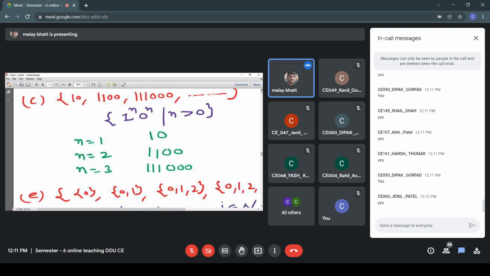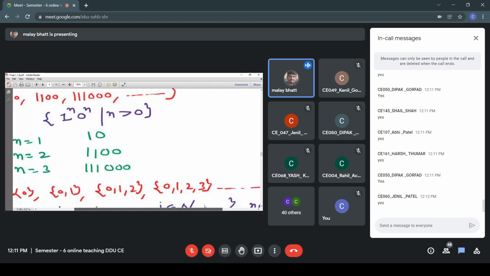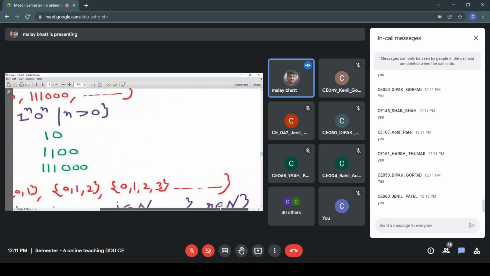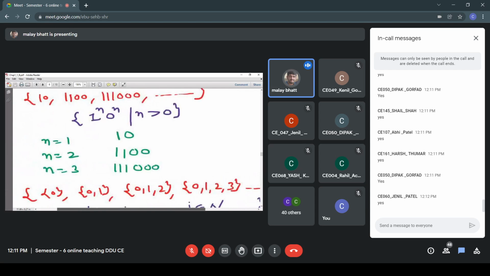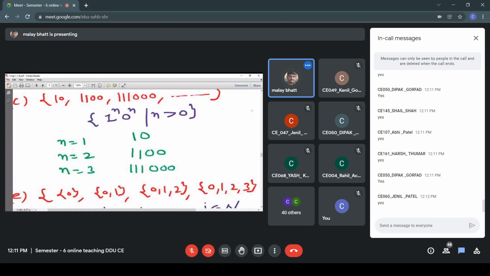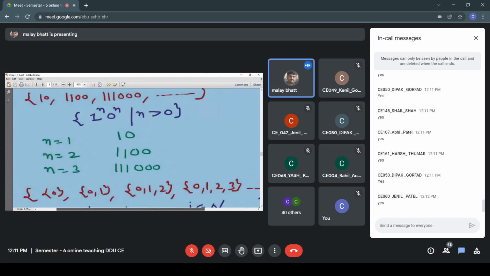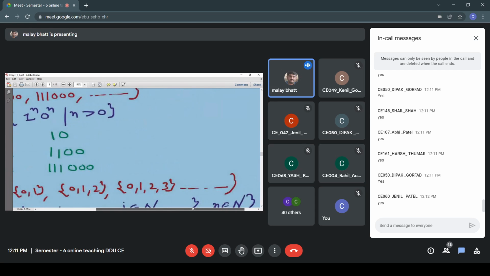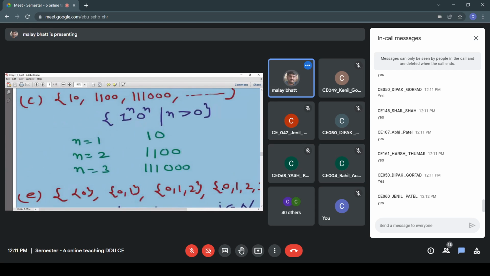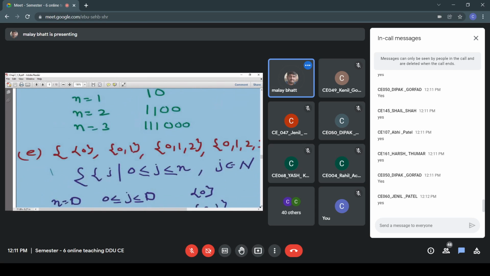We have a set within a set. Now you can see here, we have a set which itself contains sets of elements. A set contains sets, so it is a nested set. {0}, then {0, 1}, then {0, 1, 2}, right? Then {0, 1, 2, 3}. So the set contains infinite sets within it. Now to represent this, we'll write as